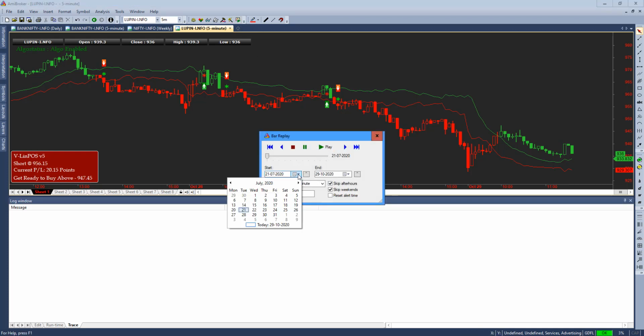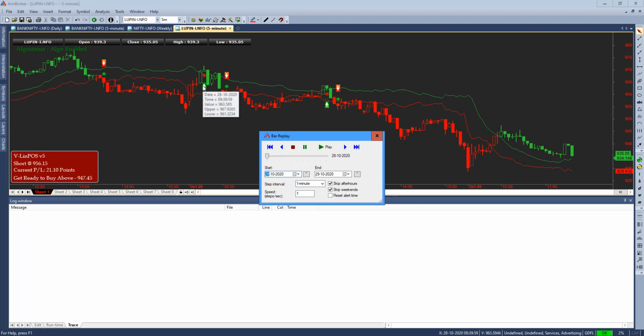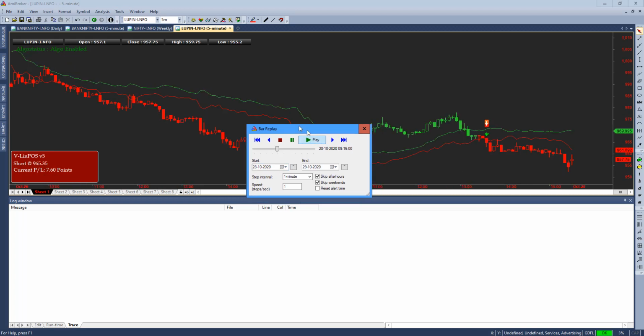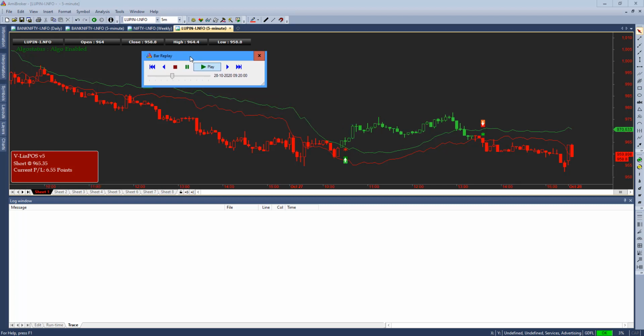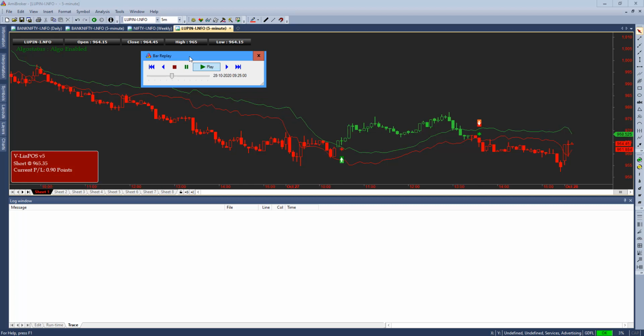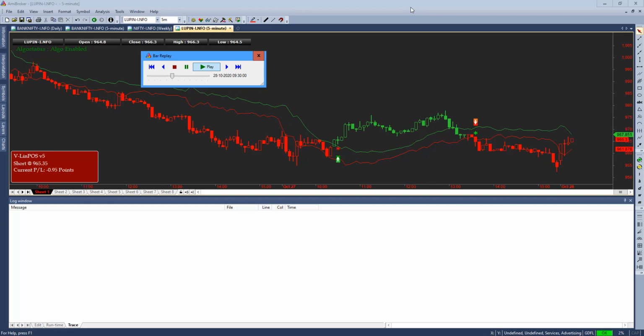I'm going to simulate from 28th October onwards. I'll go to 28th October. There are a couple of signals that happened, 4 signals. For the first signal, it should take only 5 lots, 5 shares, and then for subsequent signals, it should double the quantity. So let me run the action here. Watch very carefully. Notice the trace log as well. The trace log tells you what is actually happening, how many orders are getting sent. Everything will be tracked by the trace logs. Ensure that the algo is enabled and your API key and API secret key are proper.